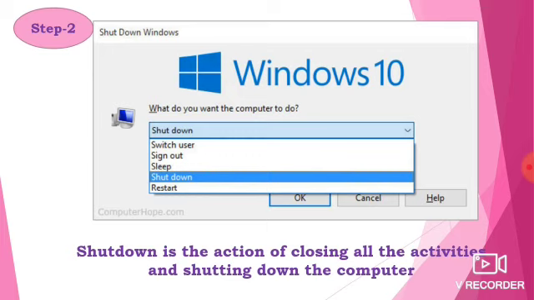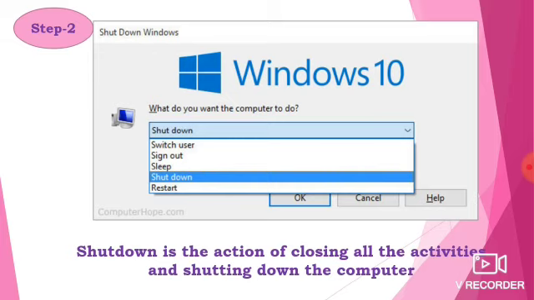For that you can use the sleep option. The sleep option will turn off your monitor but not the whole system. Once you finish your work and come back, if you press the power button, you can see where you left off that page and continue from there itself. This is another option we have in the computer, called sleep or suspend.